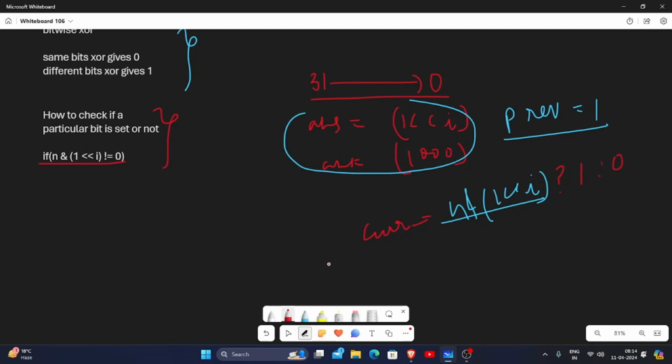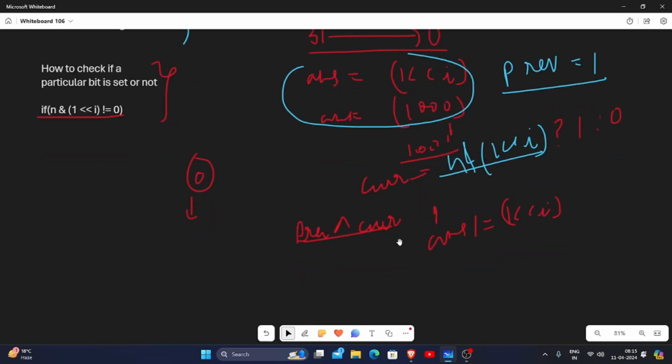And now I would add it to my answer only if previous XOR current is 1. Because if it is not 1, that means the answer that we need to add is 0, and 0 is the same as leaving it alone. So we do previous and current. If this part is set, I can say, okay, now you can XOR my answer with this one left shifted by i, because this is also going to be part of my answer. Same as when I showed you, because this 0 0 came and this came 1, so it would have become 1 0 1 till the end. And since now we know that I have added to my answer,